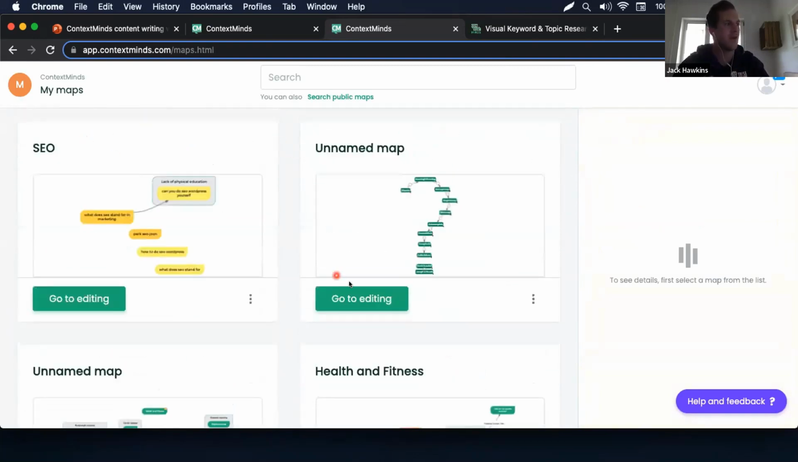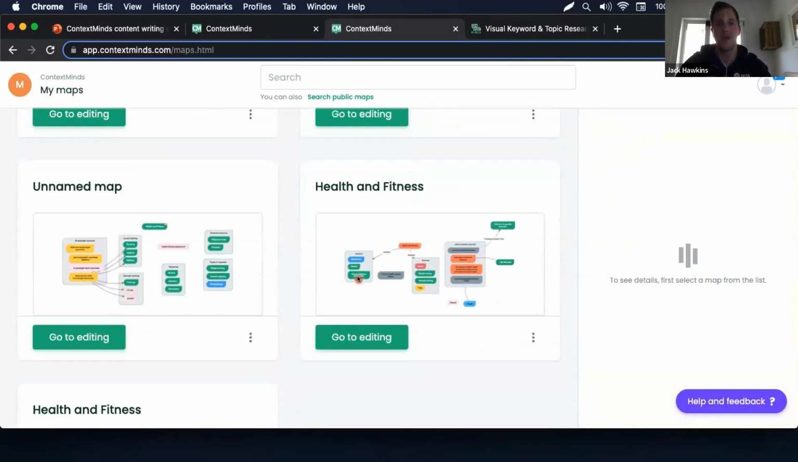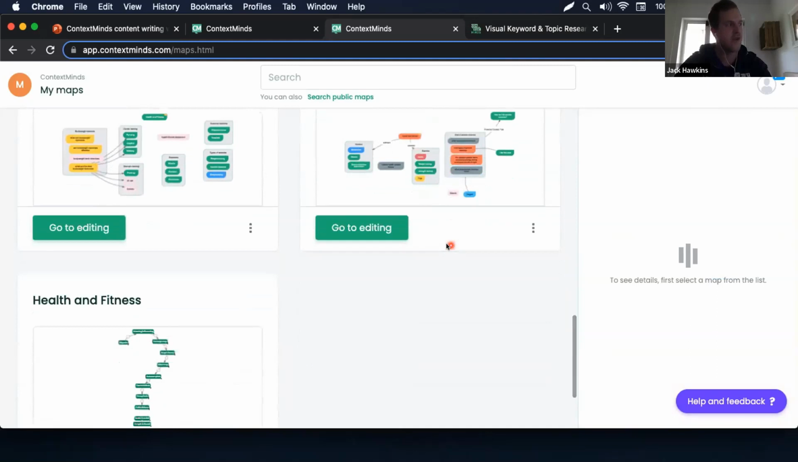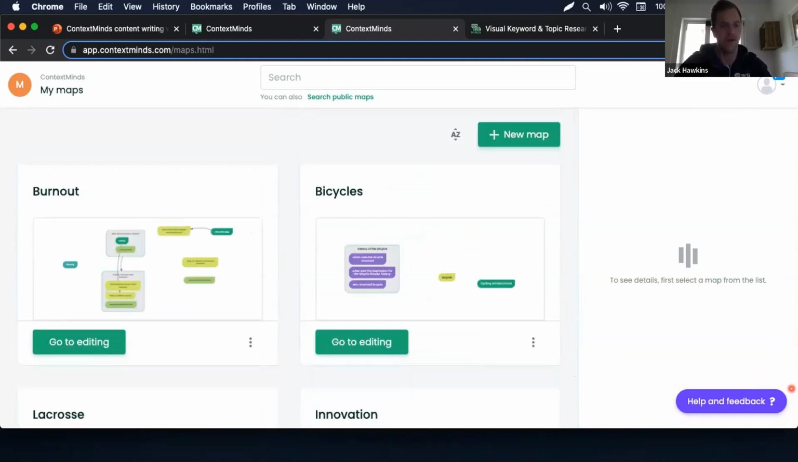So whether I'm doing SEO or health and fitness, if I have to do another article about that, there might be some ideas on there that I haven't used or that I can reuse. So it's a really good way of